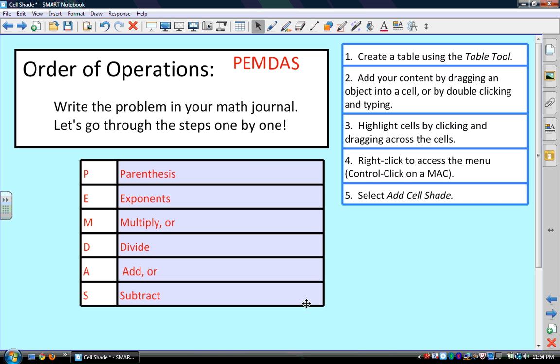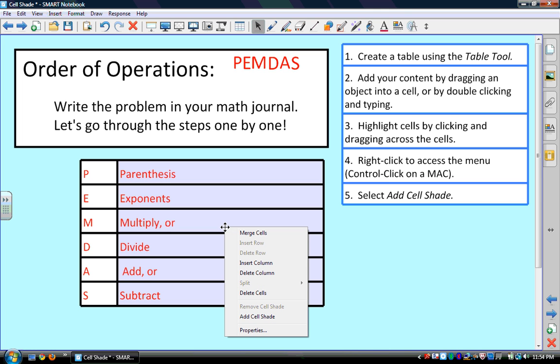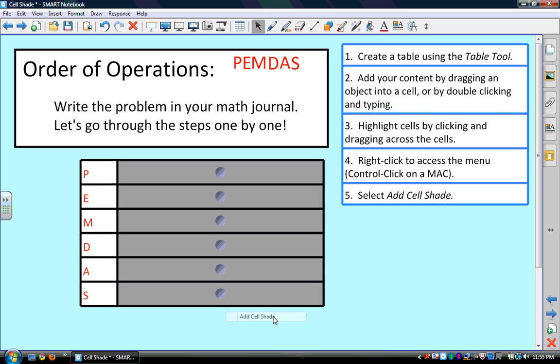Step 4 tells us that we're going to right-click or control-click to get a menu, and we're going to do that right over those highlighted cells. And then once the menu appears, we can choose that second option from the bottom, which offers us a cell shade. So I'm going to select Add Cell Shade, and you'll see that now we have a table where we can reveal that information one step